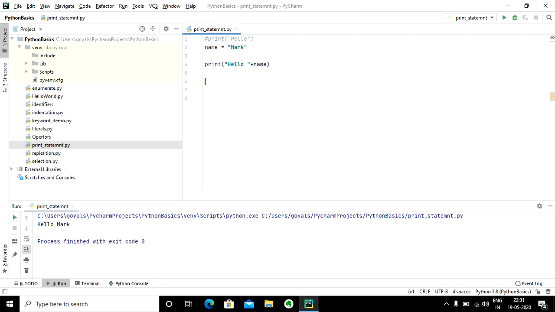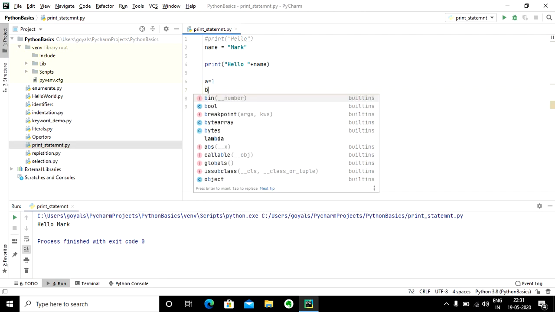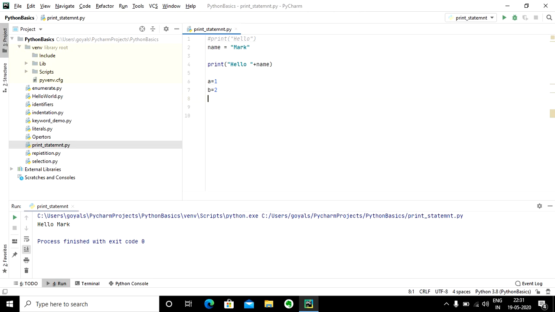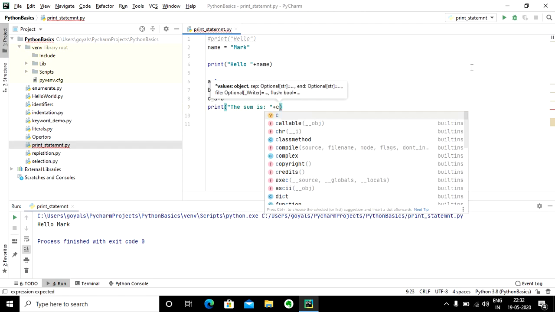So let's say I have a variable a with value 1 and b with value 2, and I have done c is equal to a plus b, and let me just print the output like, the sum is, and let me just concatenate the value of c.